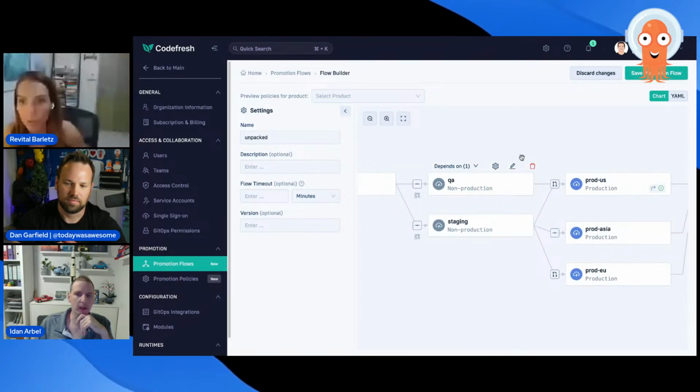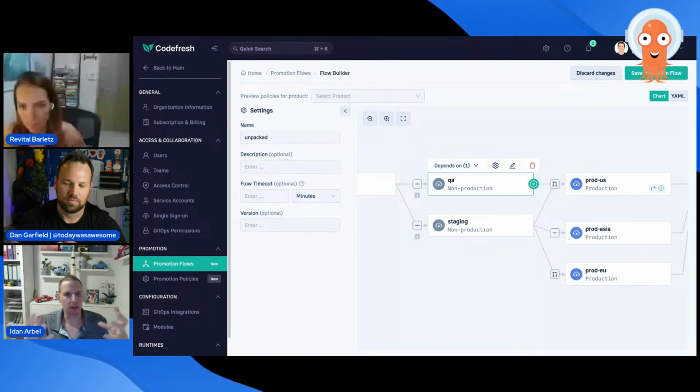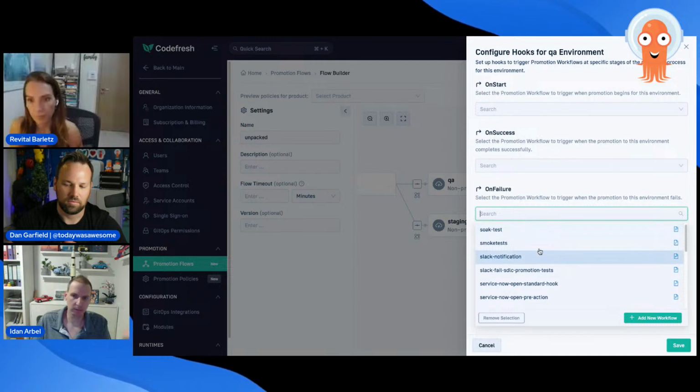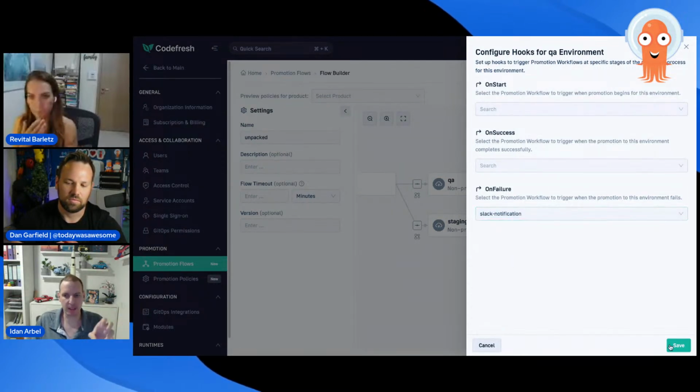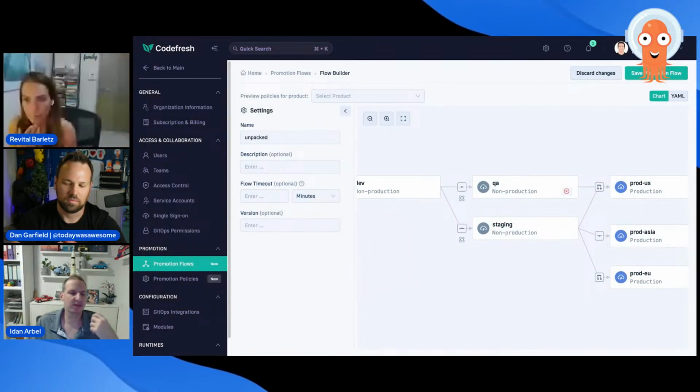So again, when a smoke test fails or any validation test fails here, the promotion will fail. And you will trigger, so in this example, if this environment fails, on failure, I can do something else. I can send a Slack notification. I can create a workflow that will skip a step. I can do a bunch of things. And because it's using Argo workflows behind the scenes, it can be as flexible as you want and run any container that you want.